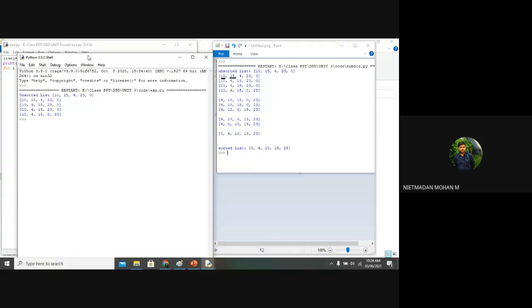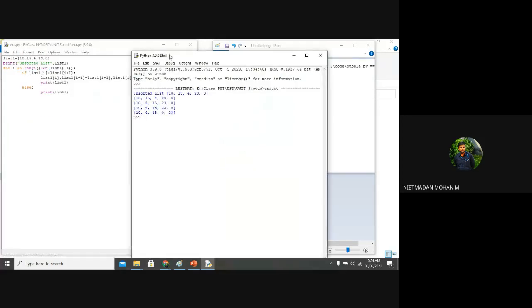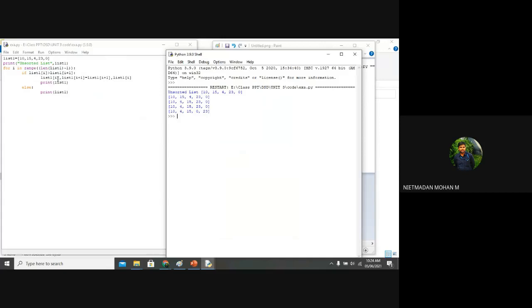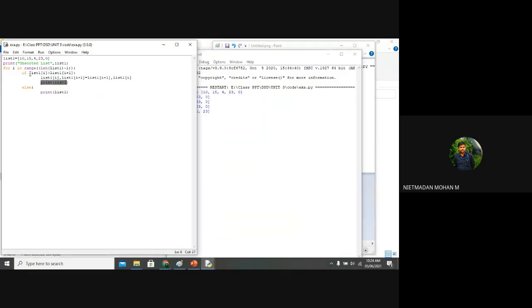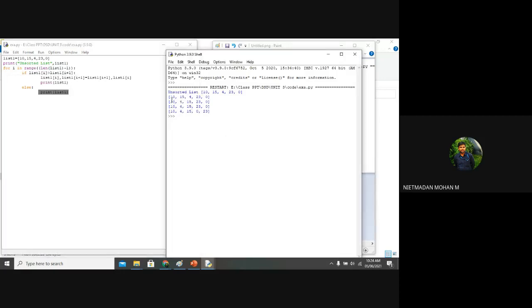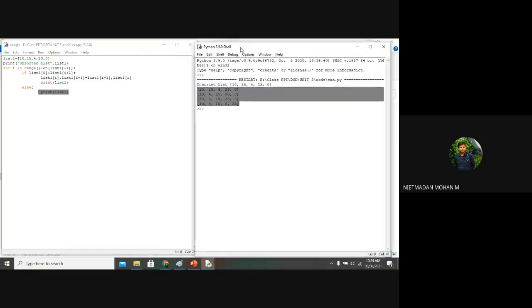Here you can see, the if statement will print whenever the ith element is larger. If this condition is not satisfied for an element, the else print statement will print, and all 4 iterations have been printed here. Clear? Any doubts, or do you want me to explain it again?